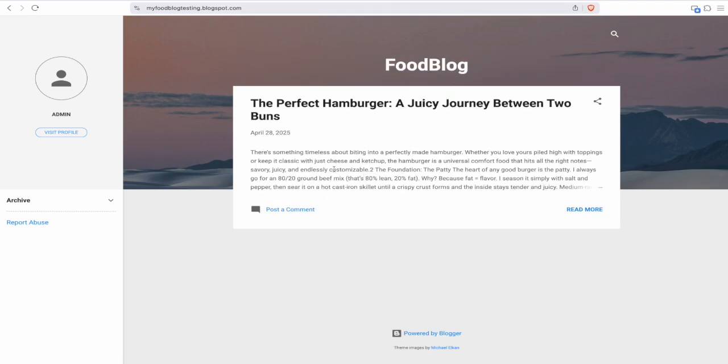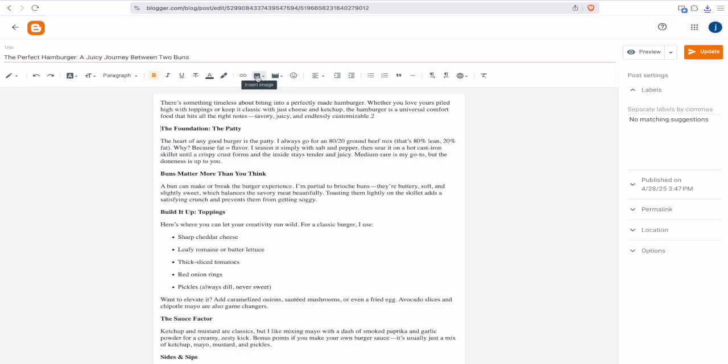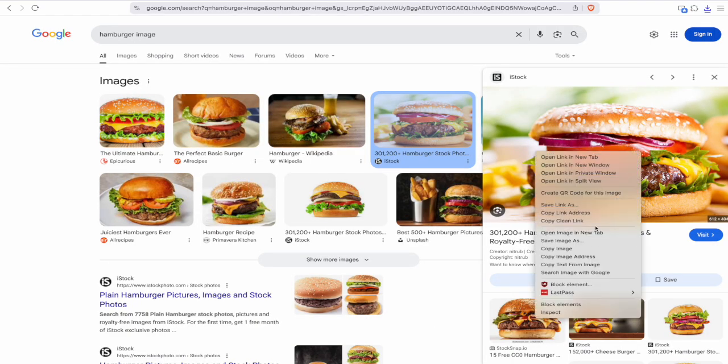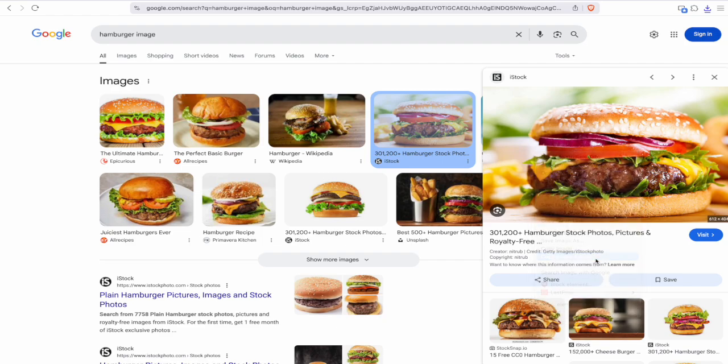So what if you want to add images to your blog? Click on this insert image option right here. You can also insert videos as well. And if you have a Google account, you can connect it to Google Photos, you can connect to Blogger, or you can connect it by URL. You can upload it from your computer, or if you have an image URL, it's that easy. You can just literally find an image, copy image address,